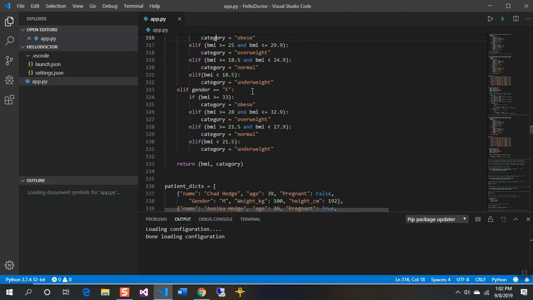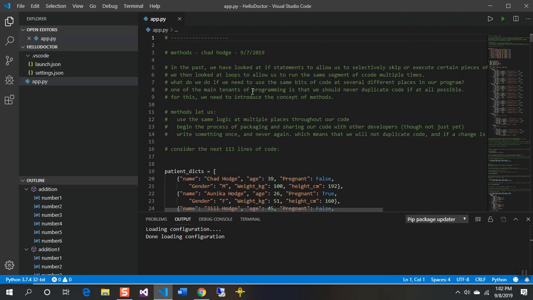And let's go to the top here. Okay, so I'm assuming you've watched the other videos at this point, so hopefully there's not going to be any spoilers or anything. So the idea here of methods in Python is